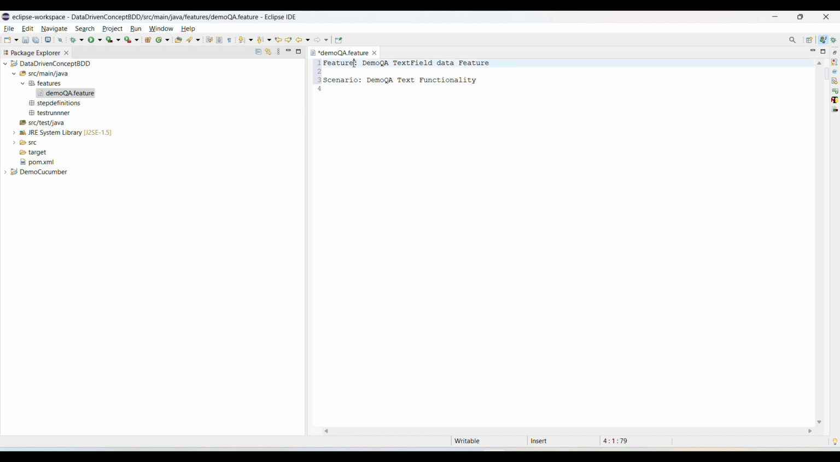So we give the feature name here, then I already gave the scenario. Right now I'm not using any examples keyword. I am using a simple scenario, and I want to give the data. I want to achieve the data driven approach using BDD. So let's do one thing. First the given: given user is already on demo QA page. Then